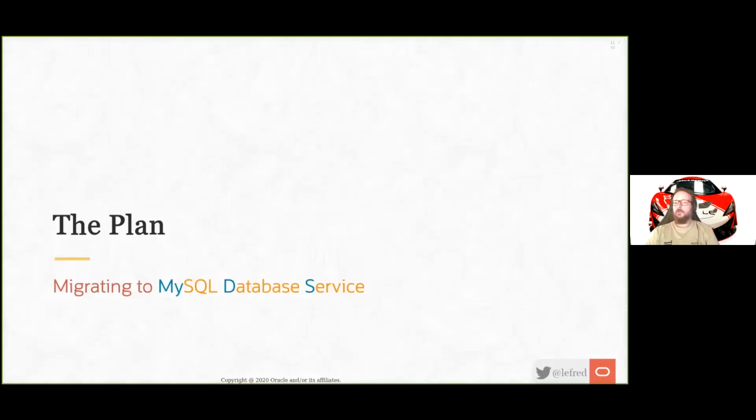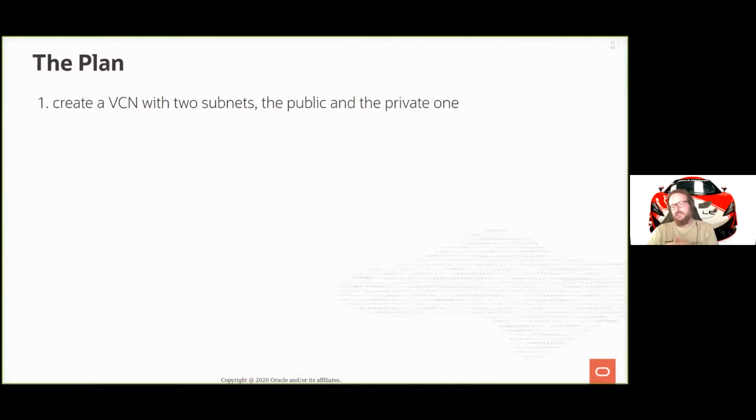So what's our plan? Because we need to make a plan to do this. The first thing we need is a VCN, a VCN with two subnets, a public and a private one. Something very important to know when you plan to use MDS, and something we really want to focus on, us as the MySQL team in OCI,